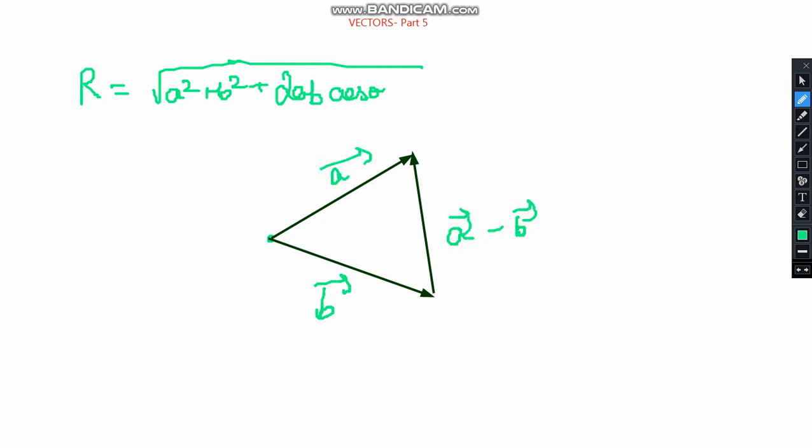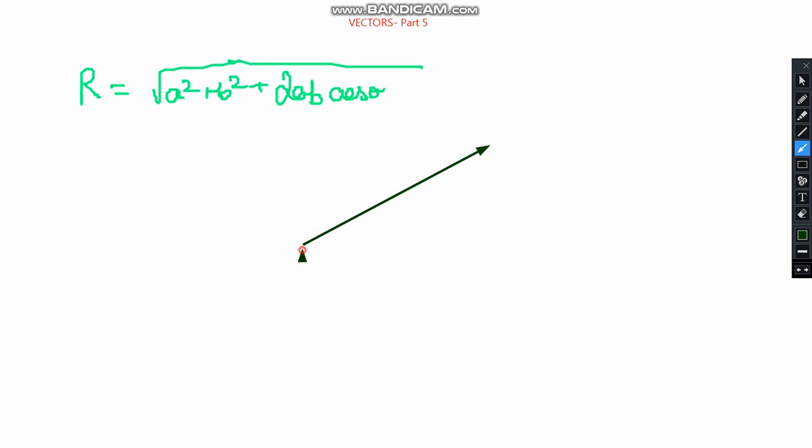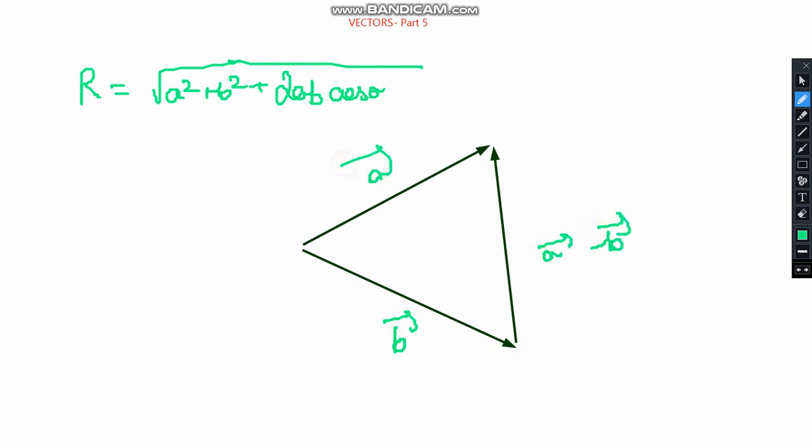This could be a vector, right? So the angle between the a vector and b vector is this angle. This angle is actually 180 minus theta if you are considering theta as the angle between a and b for vector addition. So if this is a vector minus b vector, the formula for vector subtraction gives the resultant vector. Same thing: if this is b vector, a vector minus b vector, this is a vector. If this has a magnitude a, and this has a magnitude b,